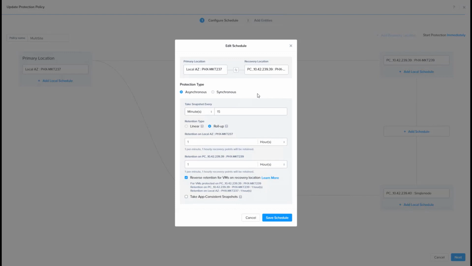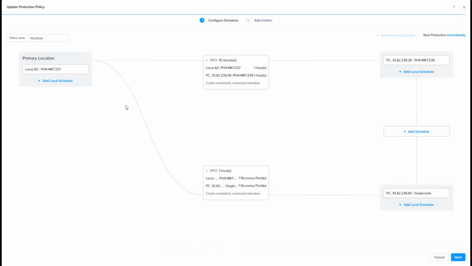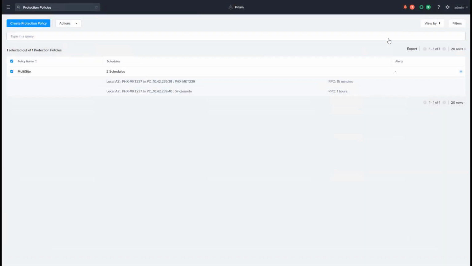And these are my scheduled policies set up. Now with 5.19, it allows you to set up a near sync policy as one of the schedules for doing multi-site. Sync replication is not supported right now, but it will soon be supported in a future version. Let's close this out,